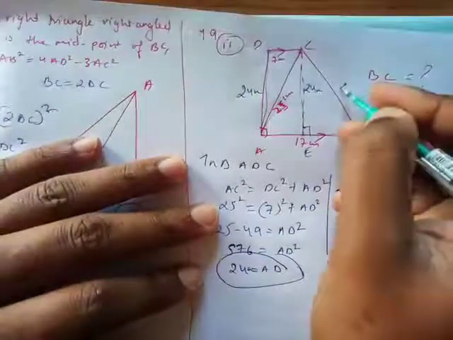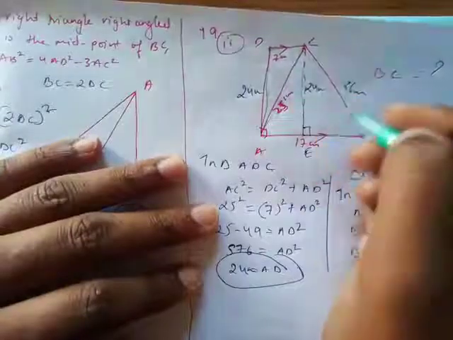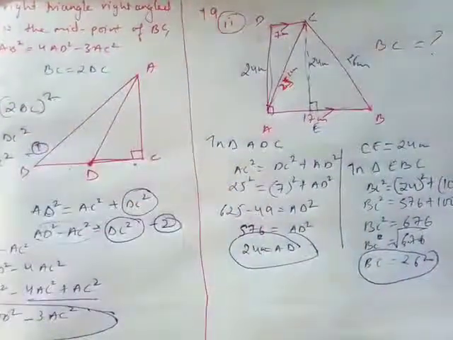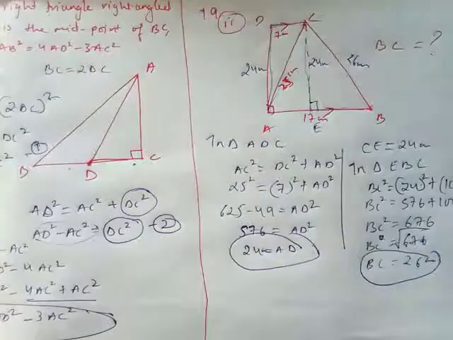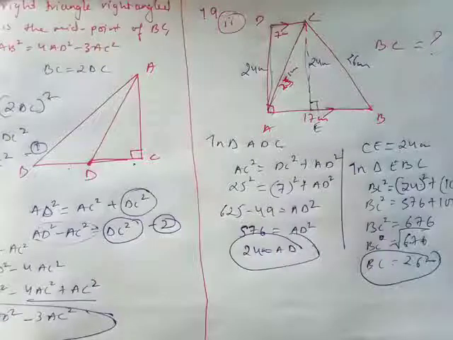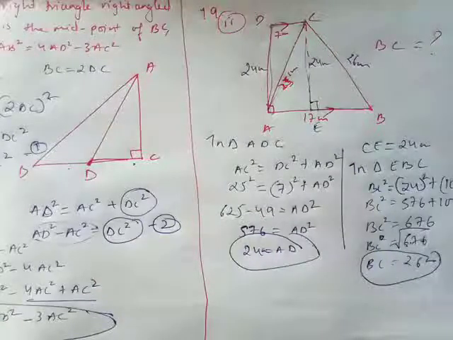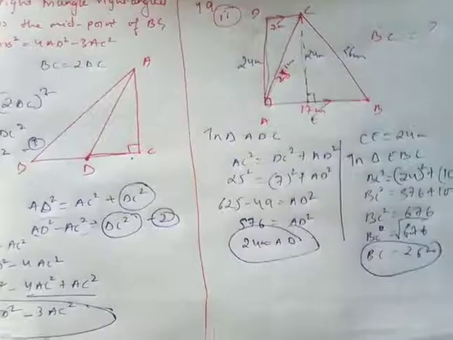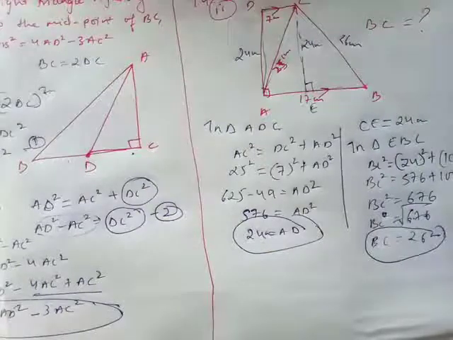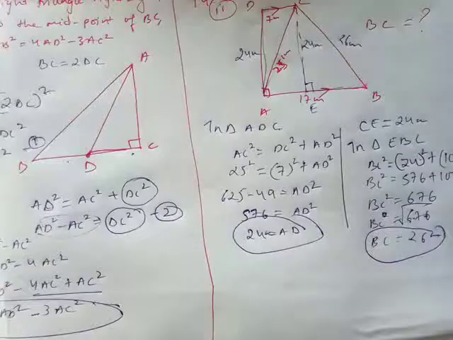So I got this. And this was my ultimate goal of finding BC. But in all the questions that I did for you right now, all the questions are dependent on only one formula, that is Pythagoras theorem. And in all the questions, only Pythagoras theorem is going to be used. I hope you guys understood the concept behind Pythagoras theorem, and in every question wherever you see Pythagoras theorem can be used, go ahead and use it and enjoy using Pythagoras theorem.